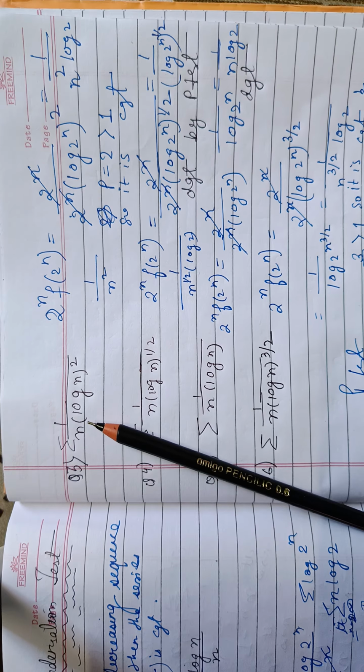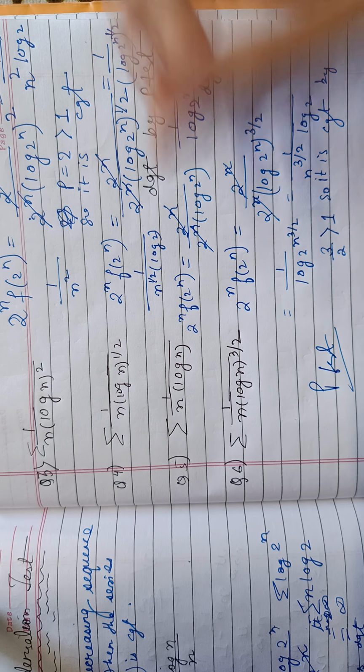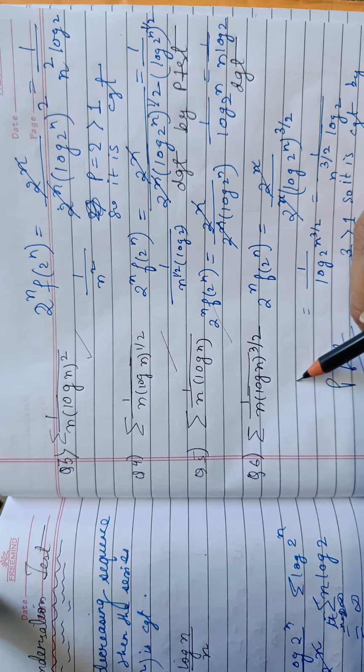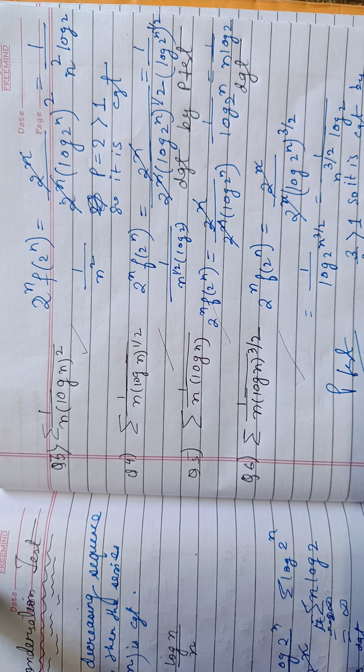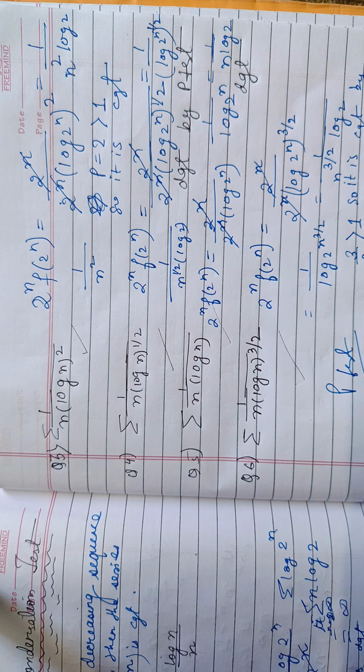ओके, सो अगर आपने कर लिया है तो प्लीज़ मैच कर लीजिए कि आपका ये कन्वर्जेंट आएगा, ये डाइवर्जेंट आएगा, ये डाइवर्जेंट आएगा और ये कन्वर्जेंट आएगा। ठीक है, आई होप आपको फर्स्ट टाइप के क्वेश्चन समझ आए होंगे। एक और क्वेश्चन लेती और फिर इस वीडियो को एंड करूँगी।